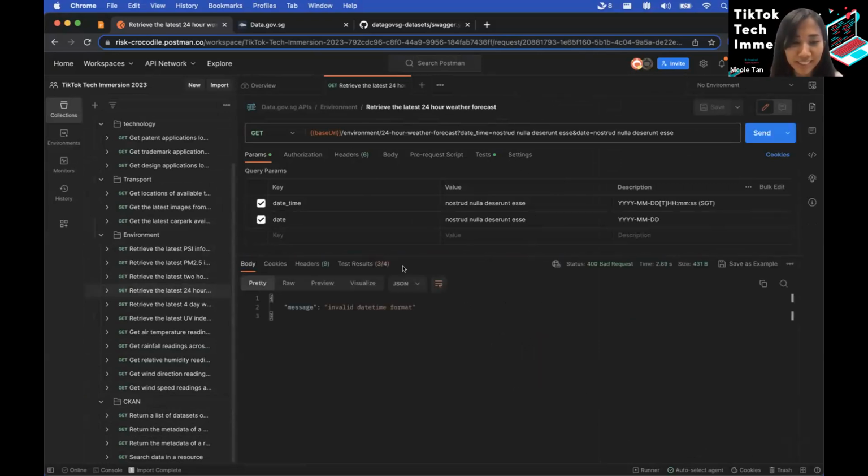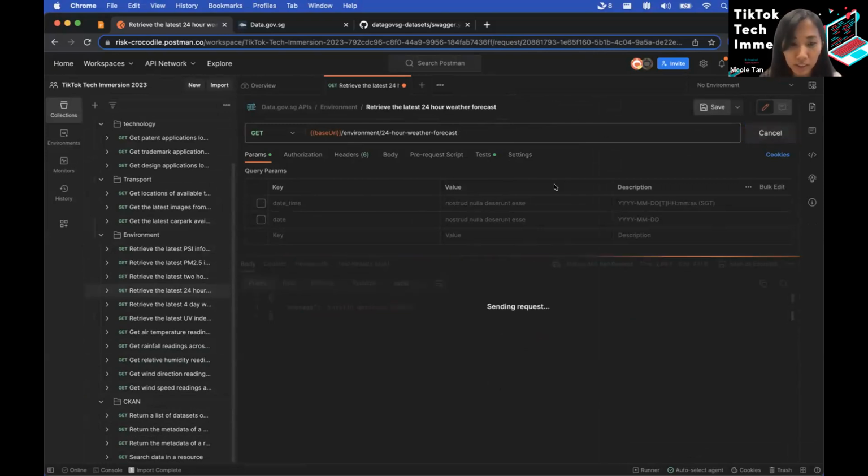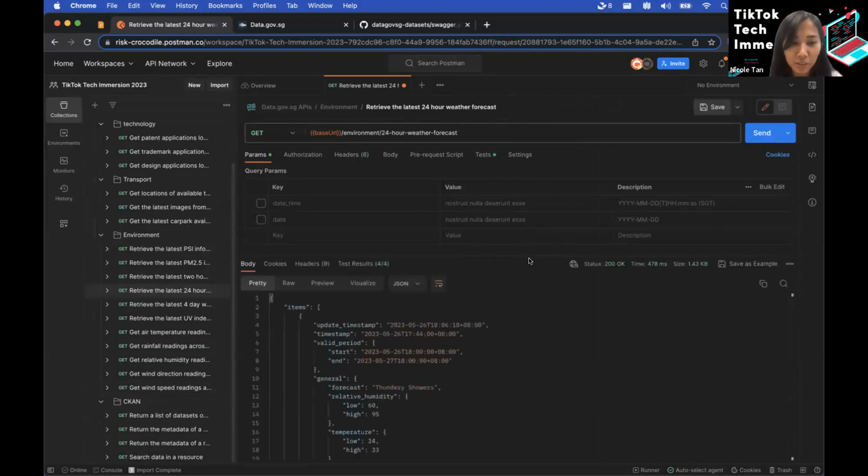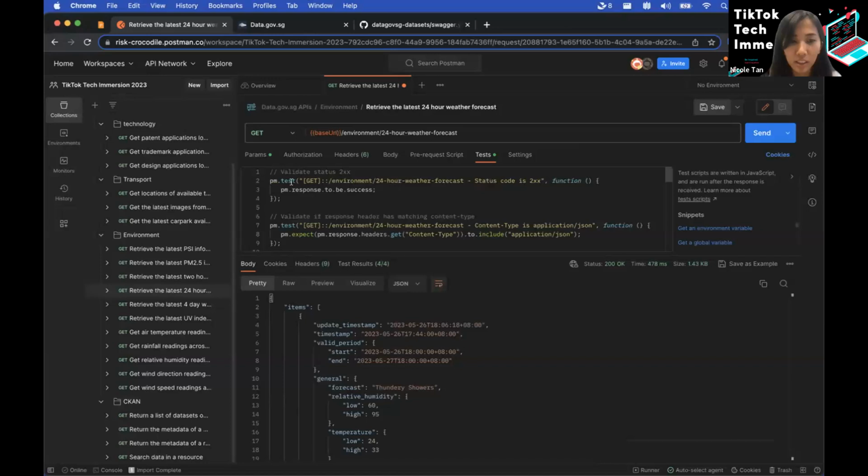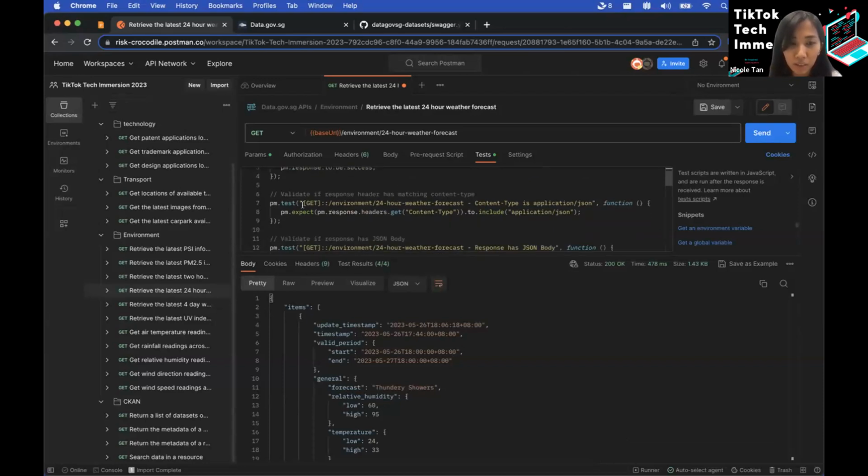Okay, so it says invalid. I guess the current Swagger file can be improved. So let's try it again. Okay, there. So yeah, we have the API. And if you see here, I don't know if you've ever noticed this feature in Postman, they have tests. So they actually write it for us. They have the basic test, which is to validate the status, to get the response headers, like to ensure it's